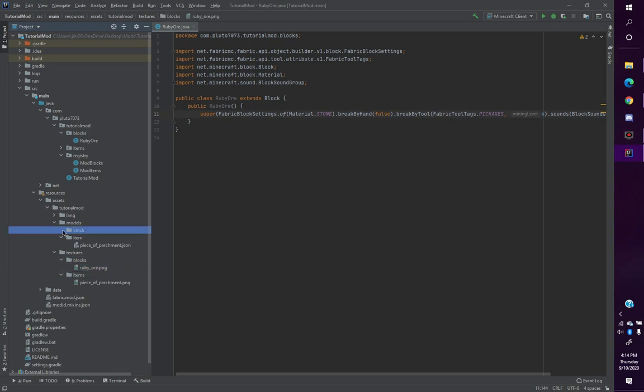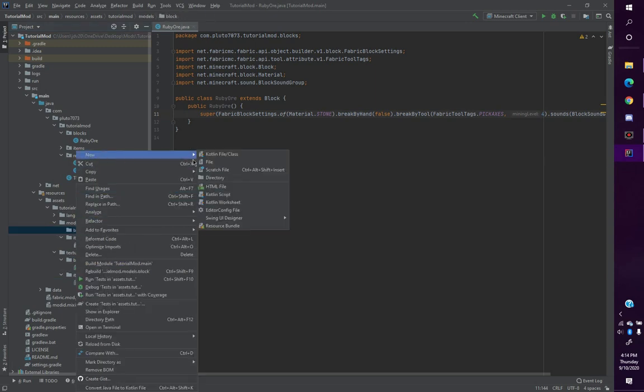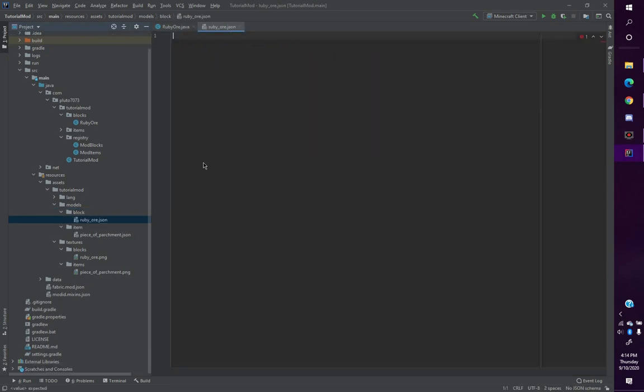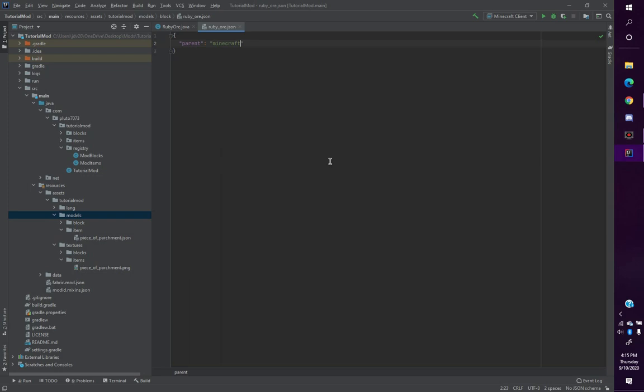Now you want to go to the block folder under models, and add a new file and call it what you're going to name your block. So I'm going to do ruby underscore ore.json. And this is a JSON file, so don't forget all of the syntax, but you want to type parent, and then type minecraft